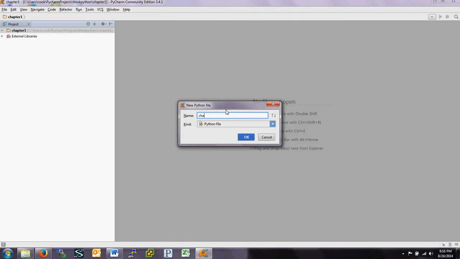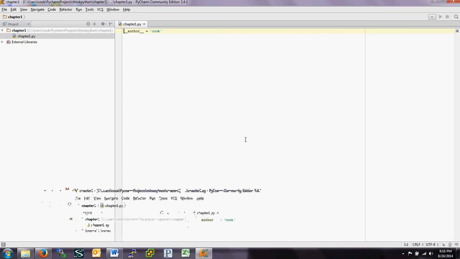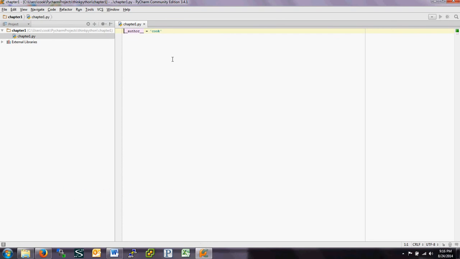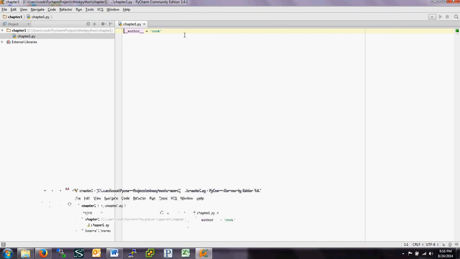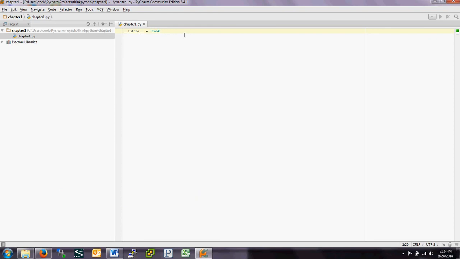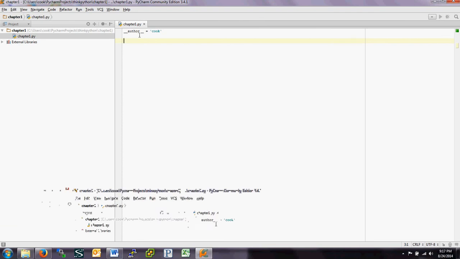I'm just going to call that chapter 1 again. Not very unique, that's okay. And now I have a place where I can actually write Python code. One piece of Python code you can put in is the author's name. The double underscore in front of author and after author